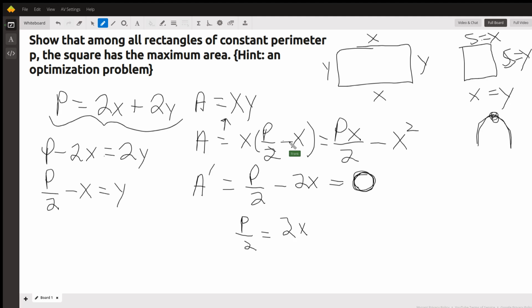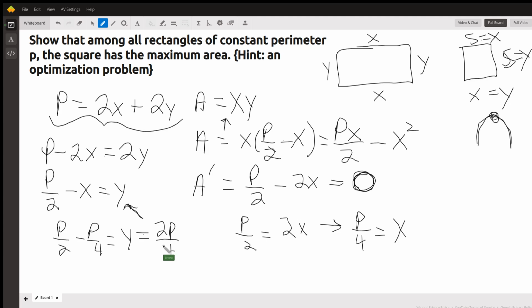Then I will divide both sides by 2. I get P over 4 equals X. Well, if I plug that into this equation, I can find Y. P over 2 minus P over 4 equals Y. P over 2 is 2P over 4, minus P over 4 equals P over 4. So Y equals P over 4,